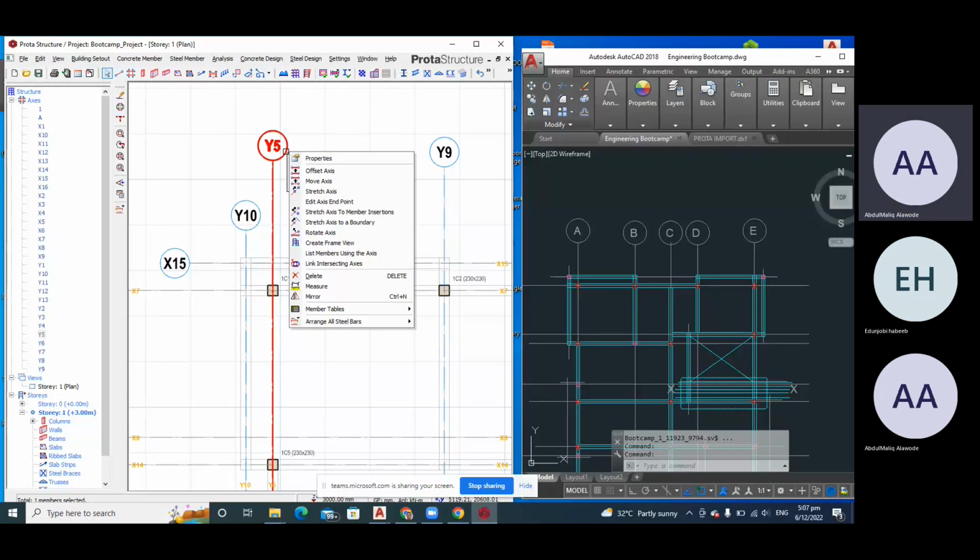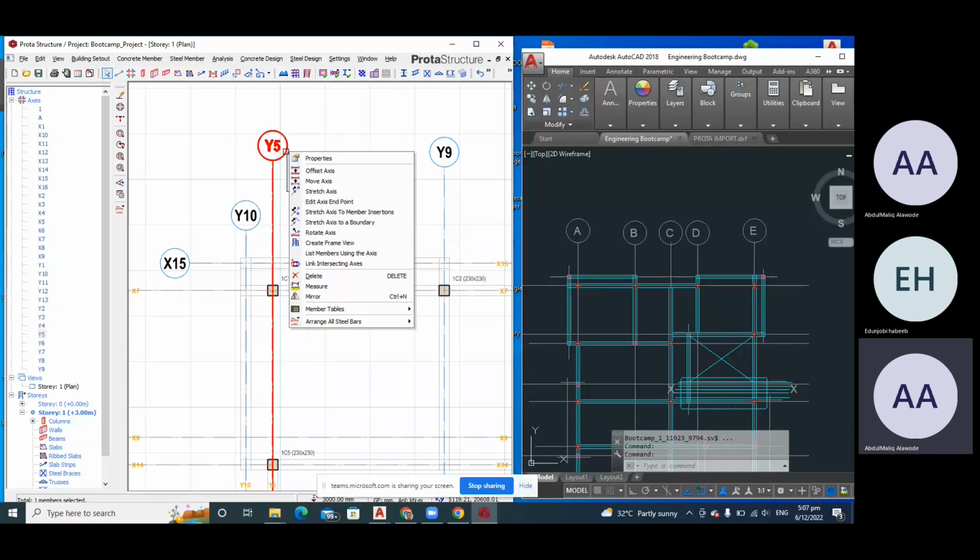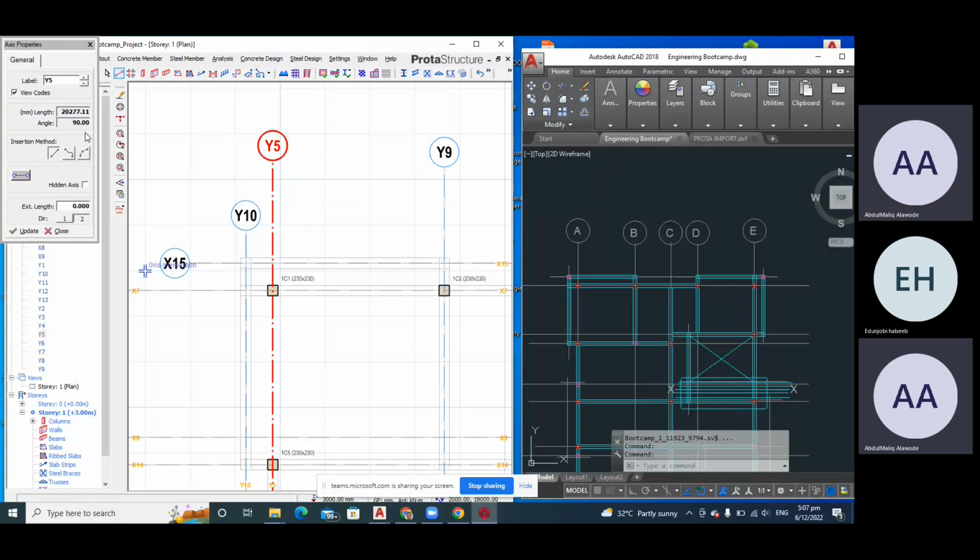You can offset the axis, move the axis, stretch it, and other things like measure, delete, and mirror. There are a lot of options you can do with it. But what we want to do is change the name of the grid line, and that deals with the properties. So we click on properties, we come here, and we edit: instead of Y5, we input A